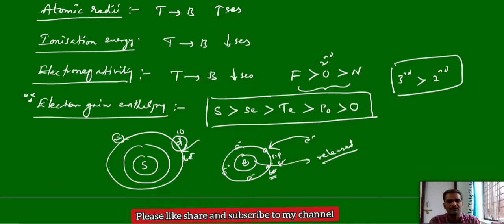When you add an electron to oxygen, all the electrons are very close to each other, and that gives repulsion. Due to this repulsion, the energy released decreases, and the tendency to add an electron also decreases. That is why oxygen shows less electron gain enthalpy than the remaining group elements. Similarly, in the 17th group, fluorine shows less electron gain enthalpy than chlorine, even though it is more electronegative. Again, the same reason: due to the small size, more electrons cannot be accommodated. This order is very important, you should remember.